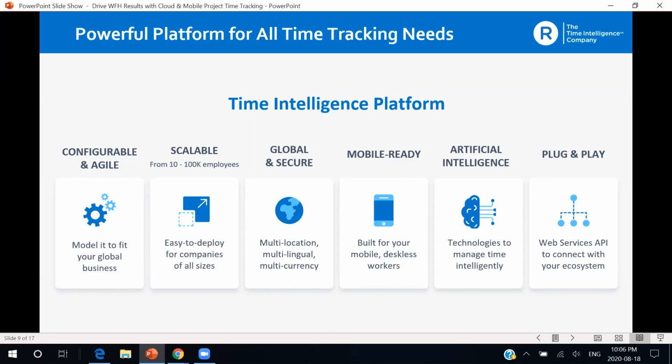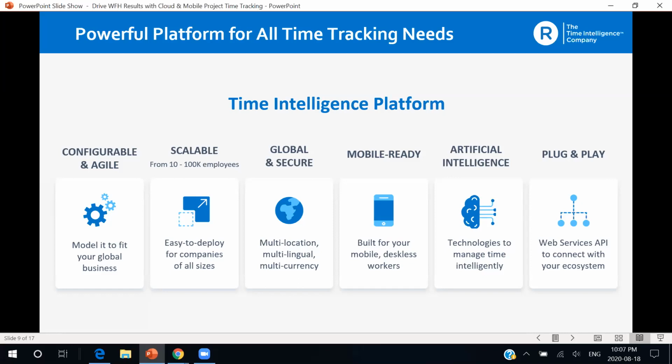And not only are we global, but we are mobile. So even if those employees are on the move, they will be able to track their time, because we know how difficult it is trying to remember exactly what you did throughout the day. And then when you get back to a PC, trying to log everything that you had done down to the exact detail, it's not going to be accurate. So we give you the power to track all of your time in the palm of your hand with our mobile app that was built from the ground up.